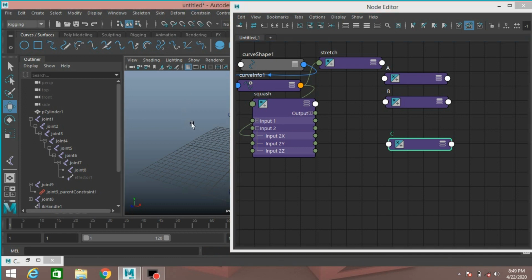Select this, Alt plus middle click, and move it here.